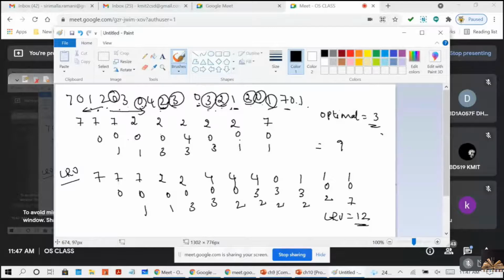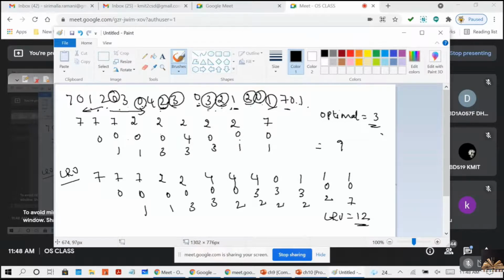Guys, understood? And here you are supposed to remember one more thing, thrashing, right? What I mean by thrashing is, when I'm using the paging technique, if the CPU is spending more time on the page table than on the actual execution, that situation is called thrashing. You're getting me, guys?